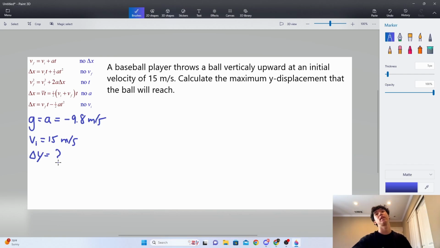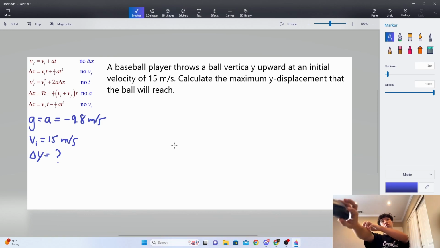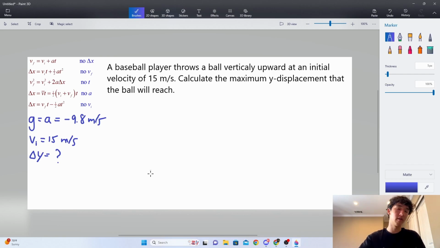Now, ignore maximum. Actually, don't. That signals something. Think about this. When you throw a ball vertically upward at an initial velocity of anything, right? When you throw something, there's a velocity, right? Look, if I throw this pen, it eventually comes down. So I threw it, and the most speed was when I initially threw it, and it gets slower because gravity